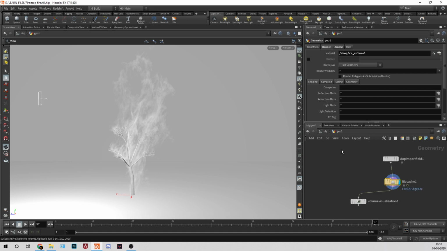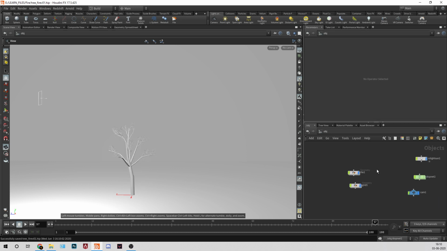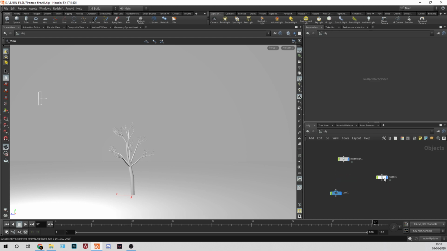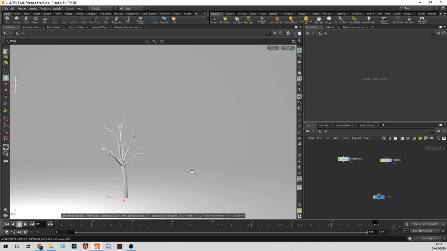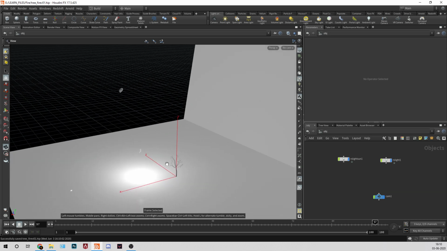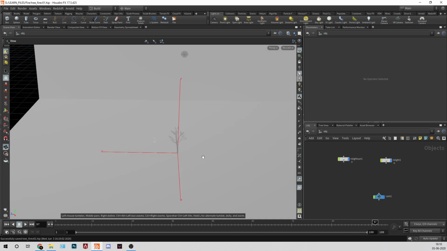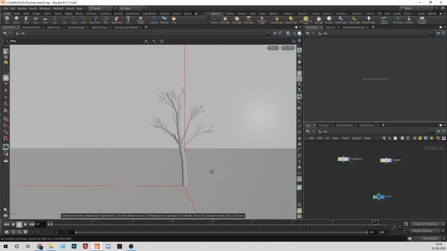So I'll create a setup from the start. Geo, okay, grid is okay, and camera is okay. I don't need DOP.NET, and lights are okay. So we have this tree and RS sunlight and normal light.